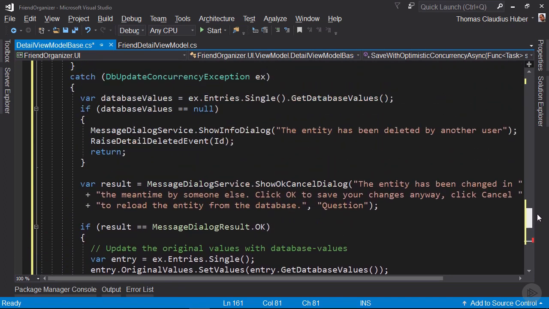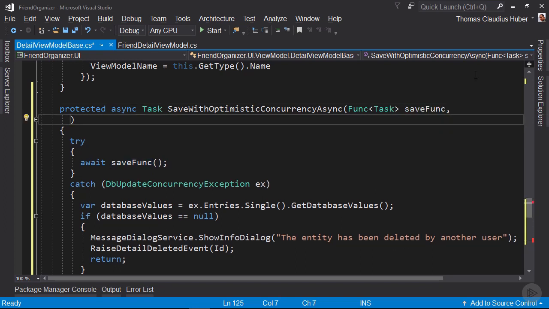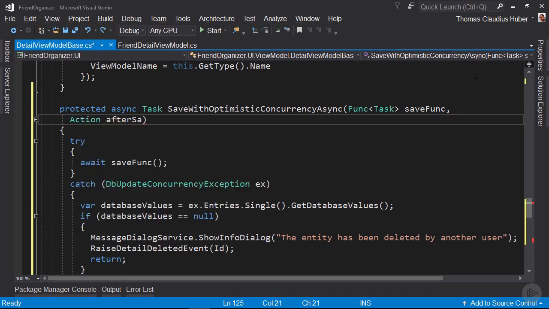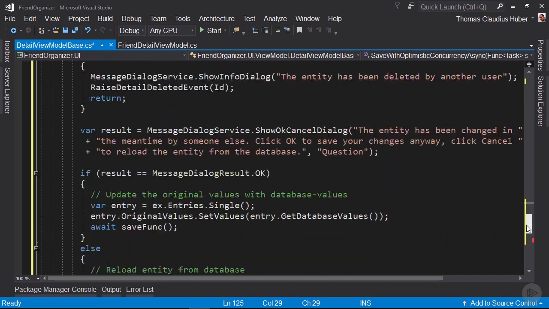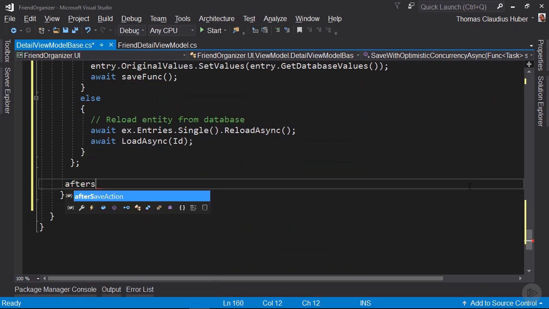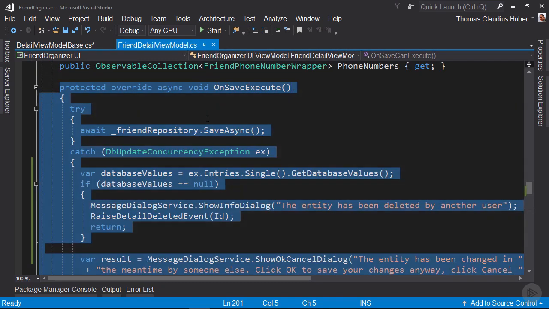So I scroll up again, and I add another parameter to our SaveWithOptimisticConcurrencyAsync method. This time a parameter of type Action, and I just call it afterSaveAction. I scroll down again and I replace these 3 lines with our afterSaveAction. Now we have no more errors in our detail view model base class, and we can go back to the friend detail view model,